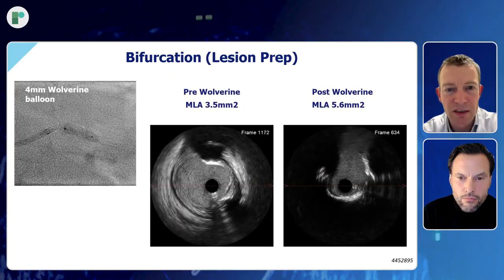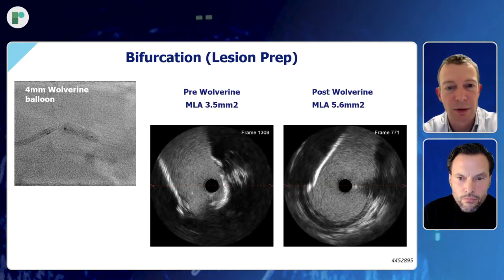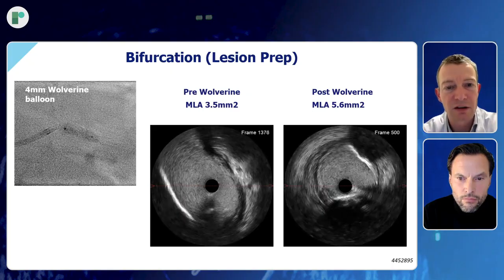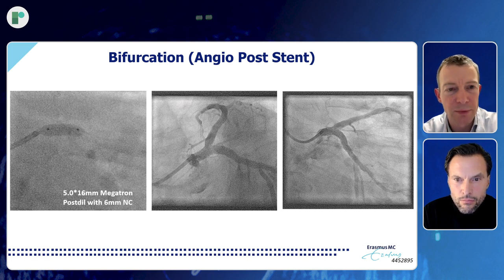So on the left side and the right side, you see on multiple locations some points of signal penetration. And that illustrates that there are fractures in the calcium, which allows you to proceed with stenting. In this case, we used a 5016 Megatron stent, post-dilated the left main with a 6.0 balloon and got a beautiful result. So you would say angiographic, beautiful result, we call it a day and we go to the next